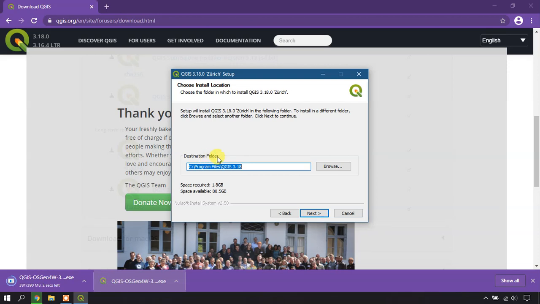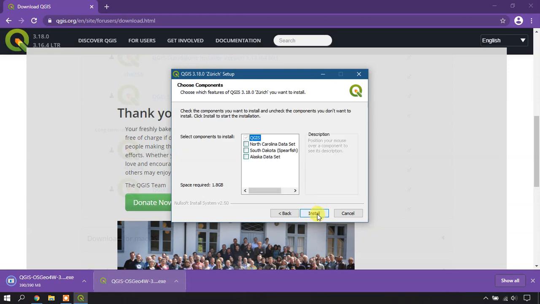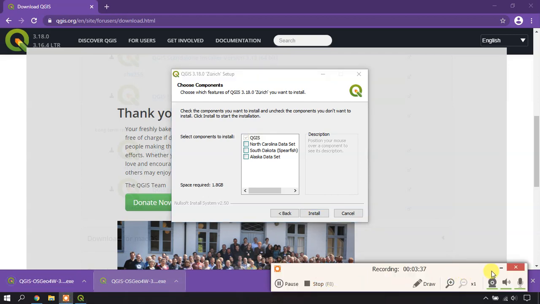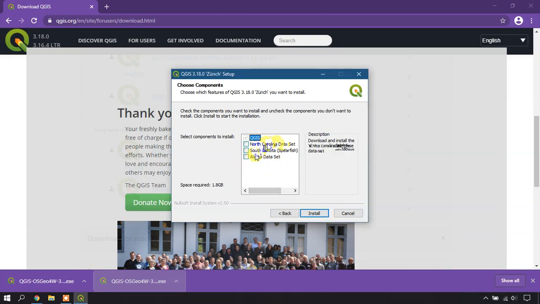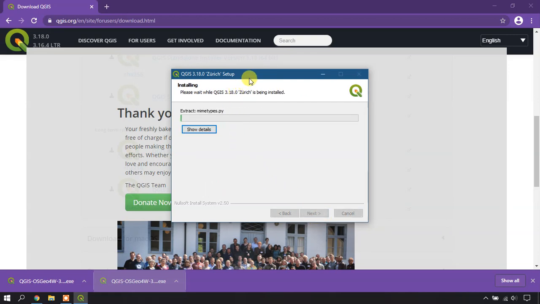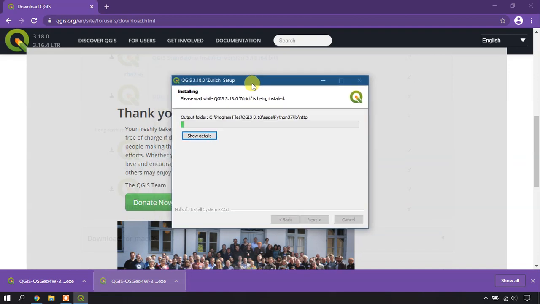You can choose the destination folder using the Browse option and customize it based on your need, then go to Next. Once that is done, select Install, and you can see the installation has started. The QGIS version 3.16.4 has also been downloaded successfully.